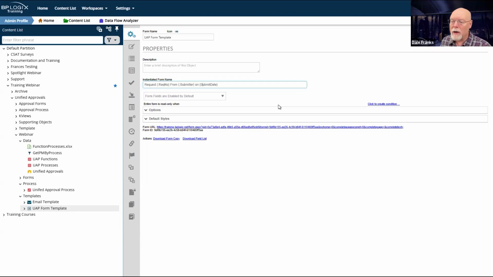although I'm not entirely sure, and I am sure that I didn't put my colon there. That should be submit date. We're going to go ahead and update our form template. This will give us our unique request number so that we can find individual requests, tell us who submitted it and when it was submitted.